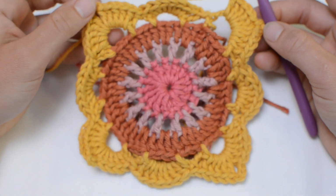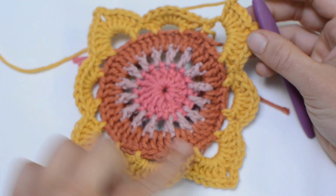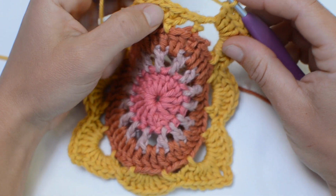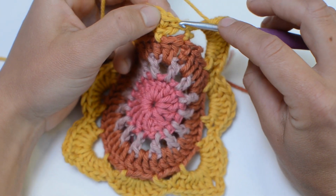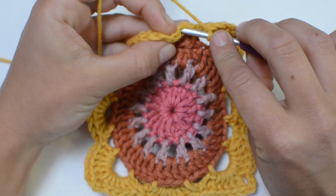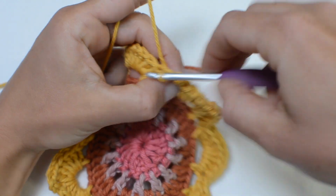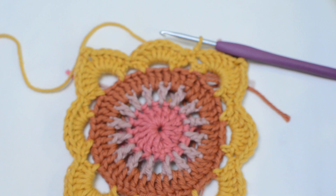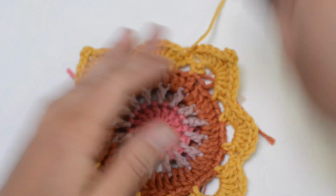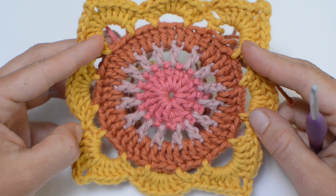Alright, so towards the end of round 5, you should have 4 corners and 4 sides. And we will end the round with a slip stitch into that chain 1 that I said counts as a single crochet. Slip stitch to end the round, and you can go ahead and cut your yarn. Pull that tail through that last loop, and now moving on to round 6